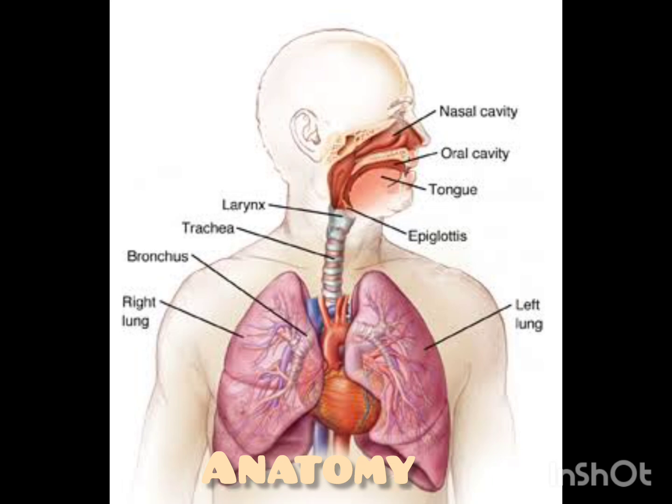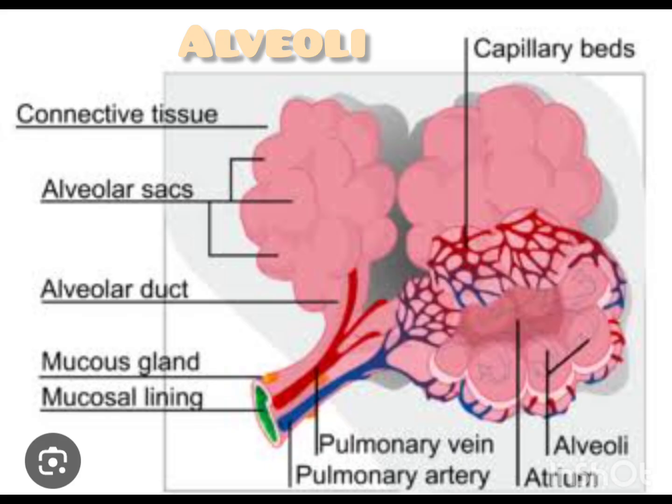If you see the nasal cavity, you first note this, and then the oral cavity. What all things are there in the oral cavity? The tongue, the hard palate, soft palate, and the pharynx: oropharynx, nasopharynx, laryngopharynx, and then the larynx, and the epiglottis is an important one, and the trachea, bronchi, bronchioles, right bronchial, and the important one you have to learn is